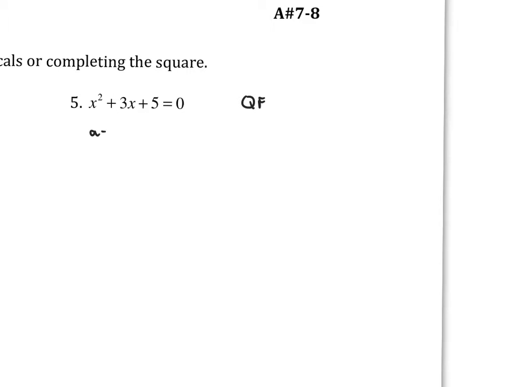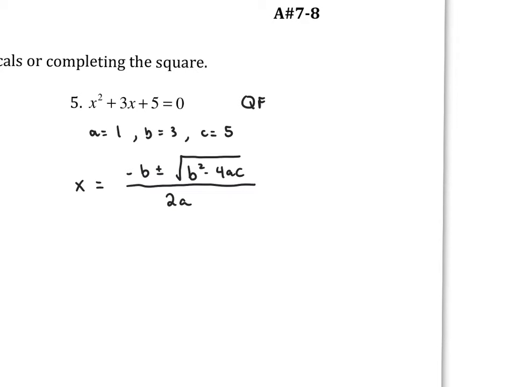So mentally, we're going to identify A is 1, B is 3, and C is 5. Don't forget that x equals negative b plus or minus radical b squared minus 4ac all over 2a. So let's go ahead and start plugging some things in. It's the opposite of 3 plus or minus the square root of 3 squared minus 4 times a times c, which is 5, all over